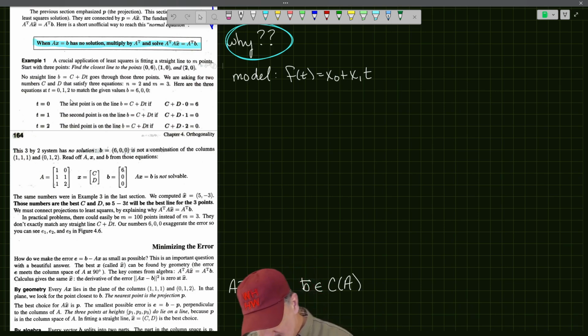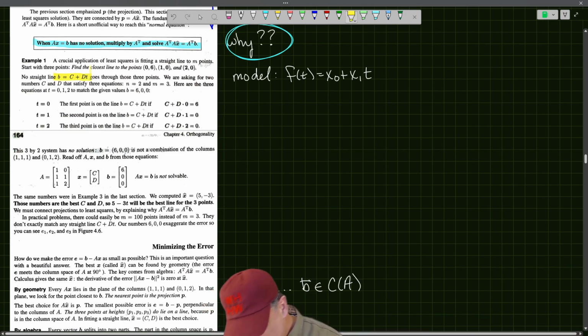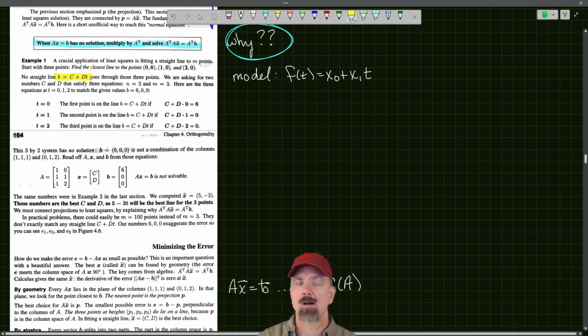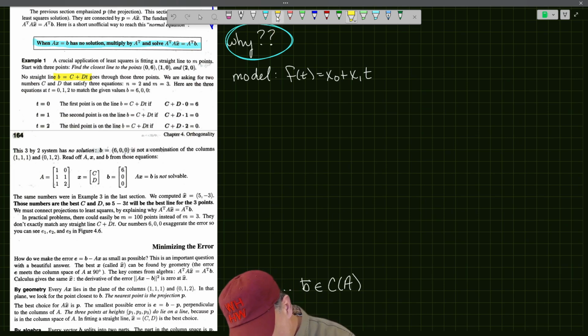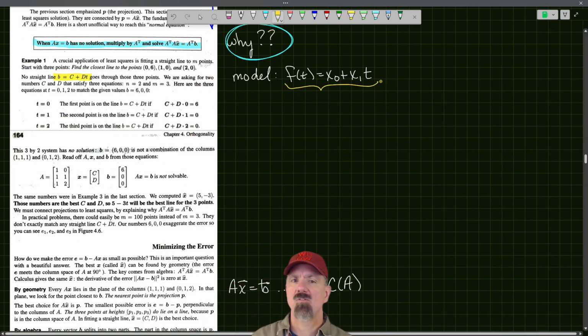So unfortunately, he jumps in with this kind of notation here. This is where I'm going to take objection to the way that he's doing this. This is not a good use of notation. The capital letters for C and D are confusing. We use capital letters for matrices. And then the fact that we've got a B, which is the actual data value, set equal to this, the whole thing is confusing. So what we really want to do, and you've seen this before, we have a set